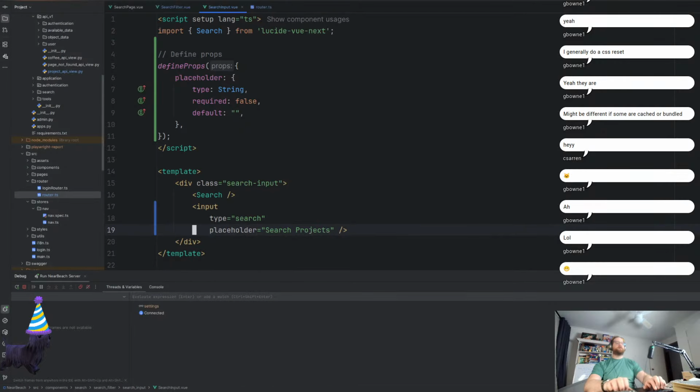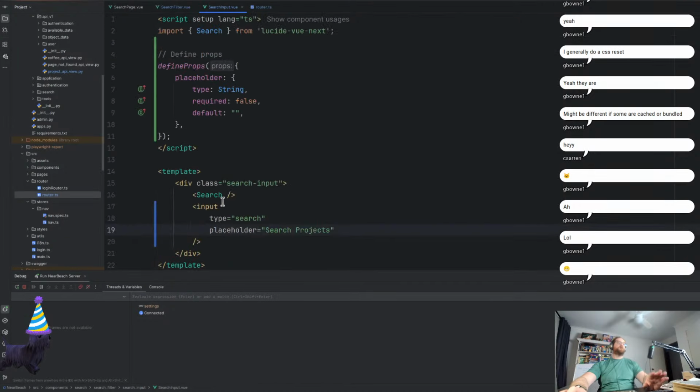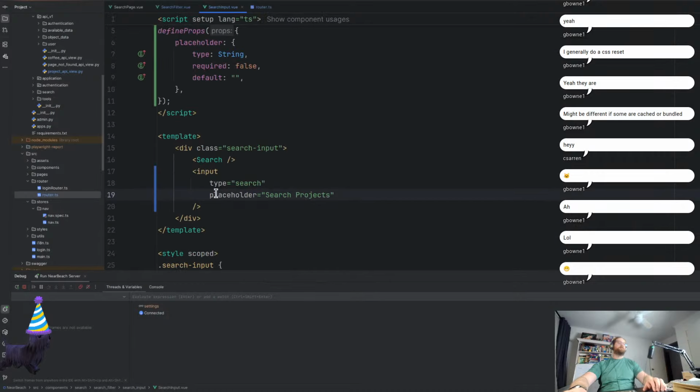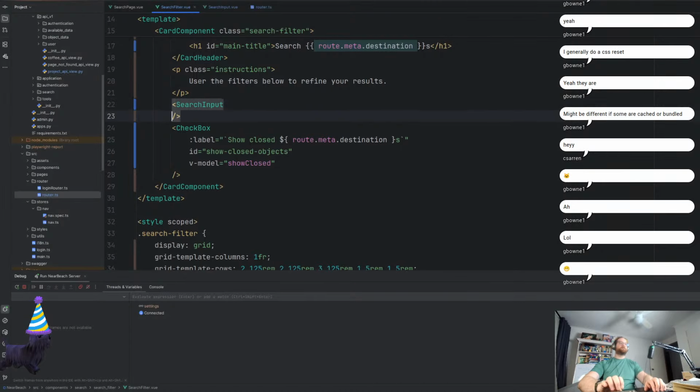We're just going to have a placeholder. We're all fine with that. Yep, search input, import. We're following our stock standard sort of stuff that we want to do. The placeholder itself, that's just going to be like boop, and then that's just going to be placeholder, like so. Then in the search filter, what we can do is we just go to the end and we go